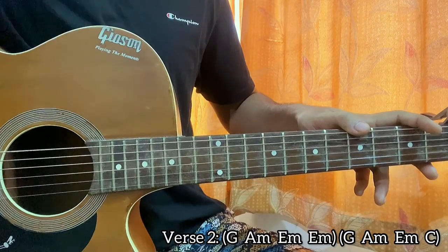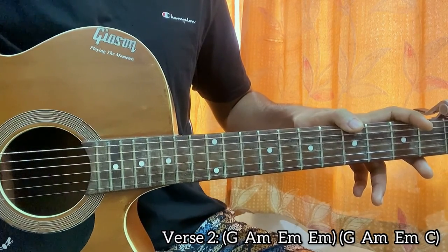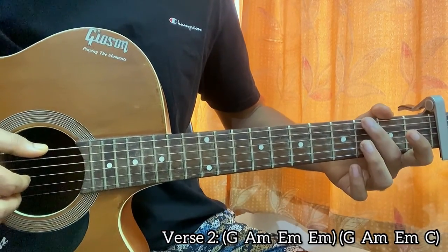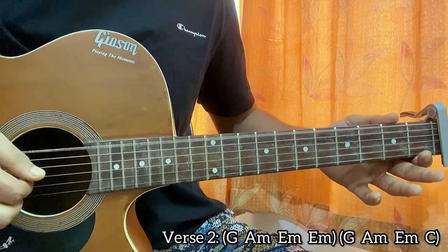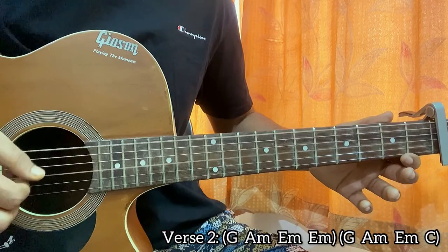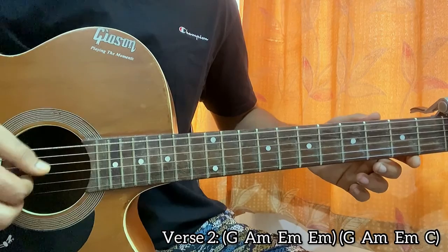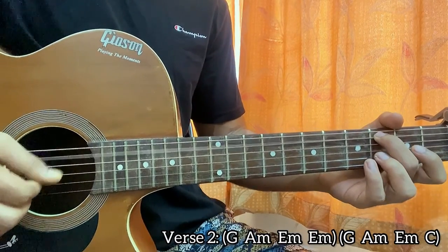So this was pretty much verse 2, and after you finish playing this, we have the next line of the verse, which will be the same as what we did for verse 1. So you play G, A minor, E minor, E minor, right? Go back to G, then A minor, E minor, and C major. Next line again G, then A minor, then E minor, again E minor. So we play that 3 times, and then you go to the C major chord, you play the pattern once,